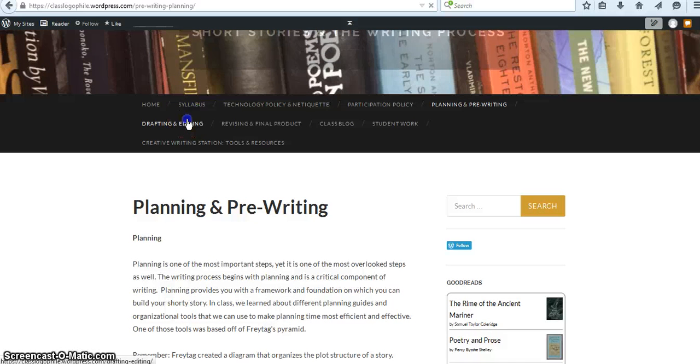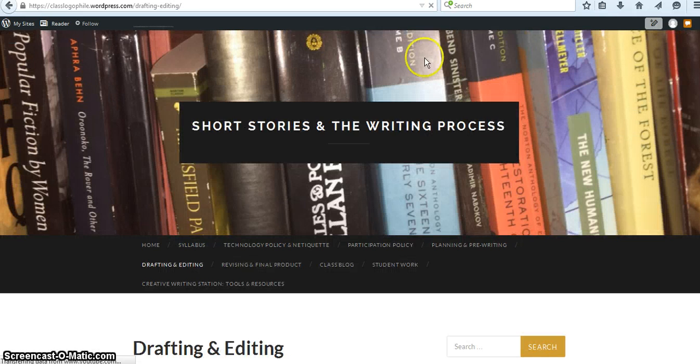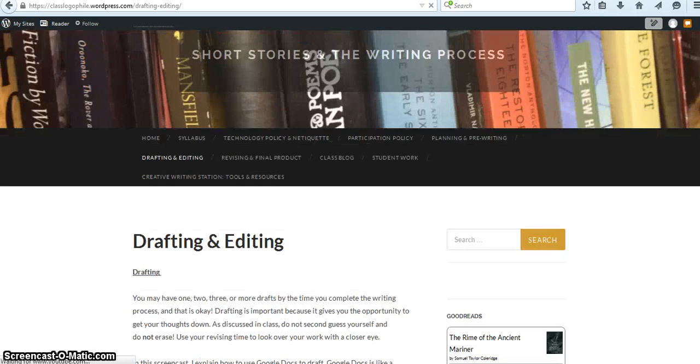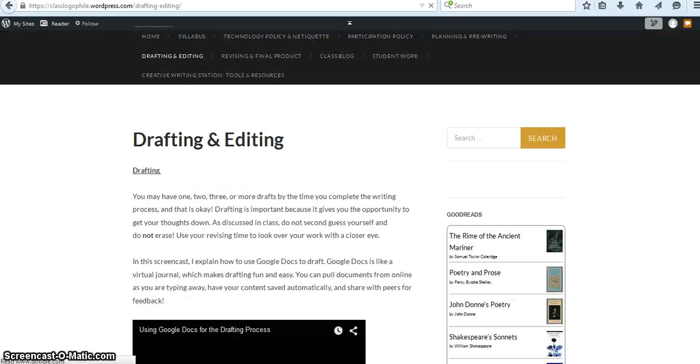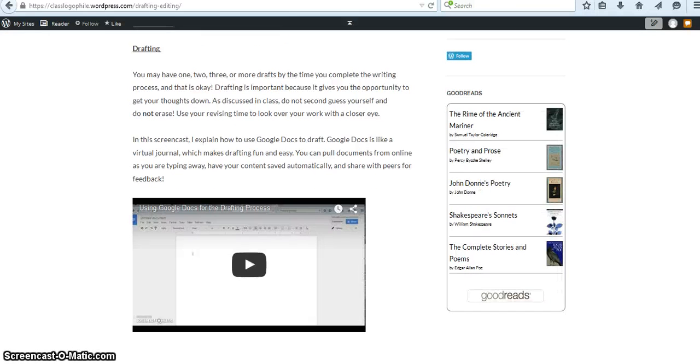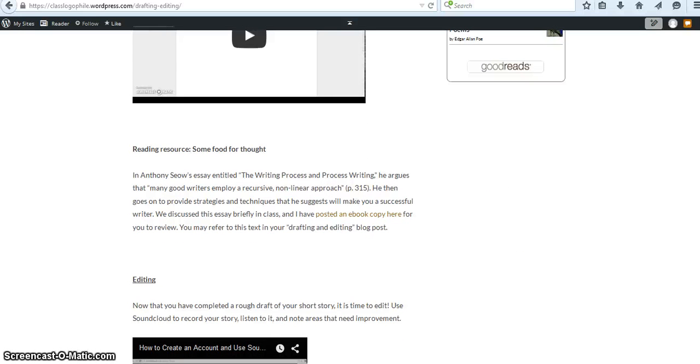My next page is drafting and editing. This is probably one of my favorite pages just because I was able to compile a lot of resources for my students. I have some information about how to use Google Docs to draft, reading resources, so this is actually an ebook copy of a text we read in class,